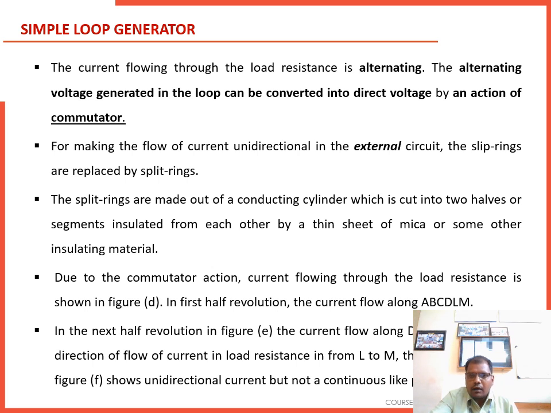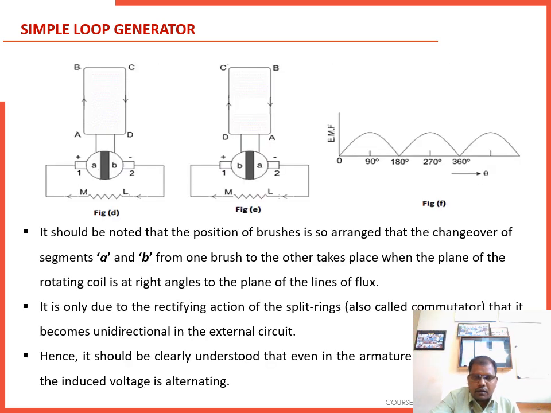Here we have to convert that AC into DC with the help of the commutator. That commutator can convert the alternating quantity into direct quantity. That means the commutator acts as a rectifier. In this way,